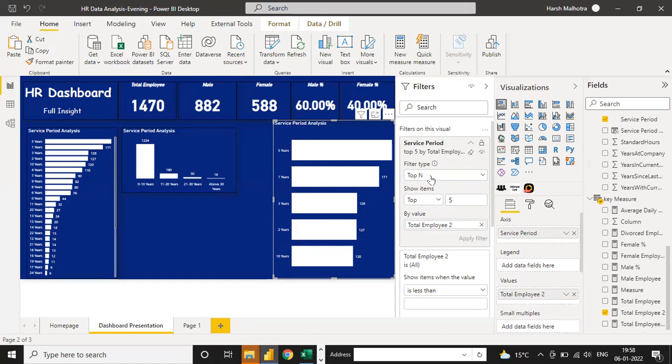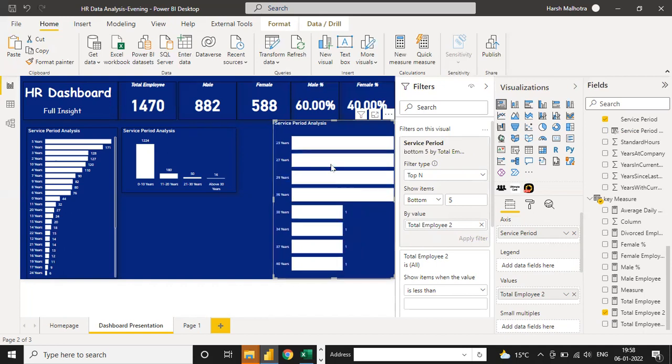But top 10 or bottom 10 you can use here. Suppose you want bottom 10, so here if you click on this top 10, you have the item bottom. If you click on this bottom, it means starting from the bottom. Click on apply filter. So this is your bottom 5. Okay, bottom 5 values. You can see 111. See, this 111 will count as 1. That is a limitation of this function. All the 111 values will be counted as 1, and second, third, fourth, and fifth. Clear? Understood. This is the option, but this is the limitation of this function.